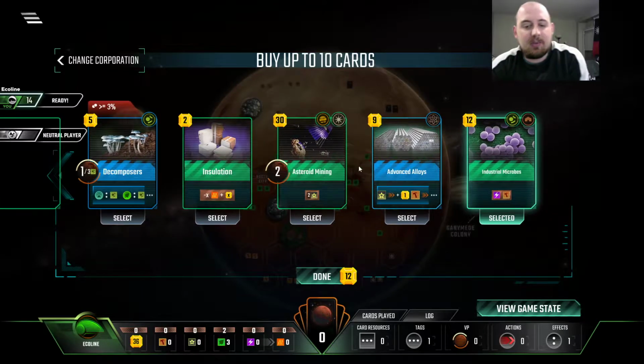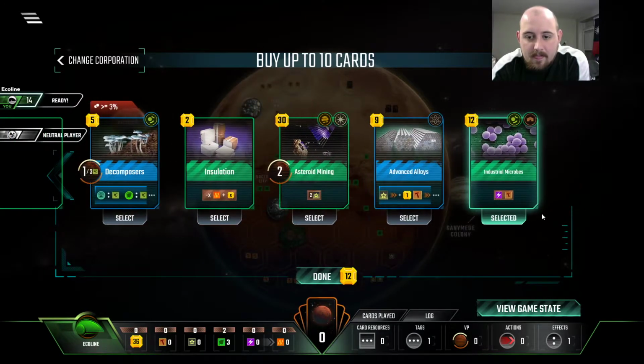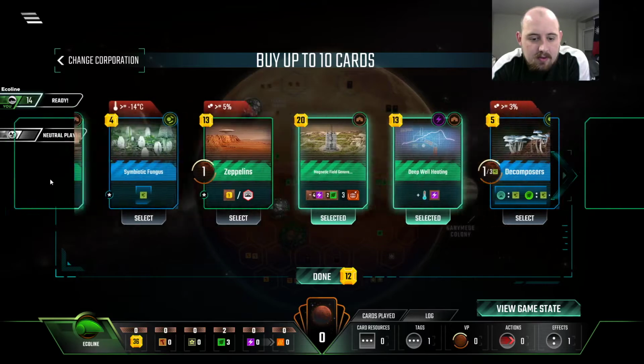I'm just wondering, like, can we grab anything else? Like asteroid mining, industrial microbes, and advanced alloys? Like these 3 cards? That's a great start. But like, let's lean into this whole plant thing. So, you know,